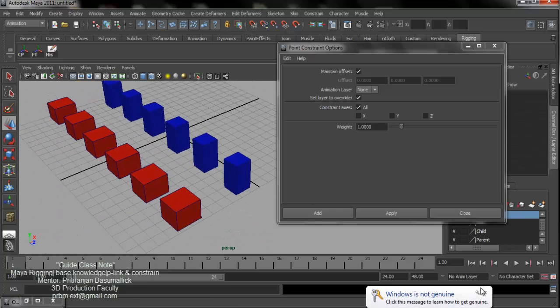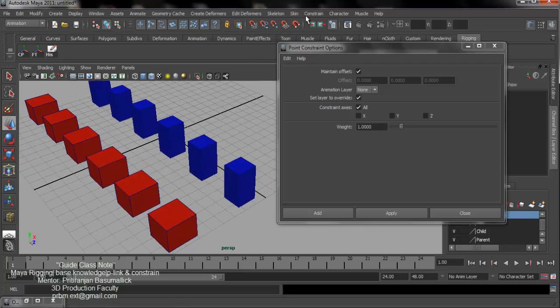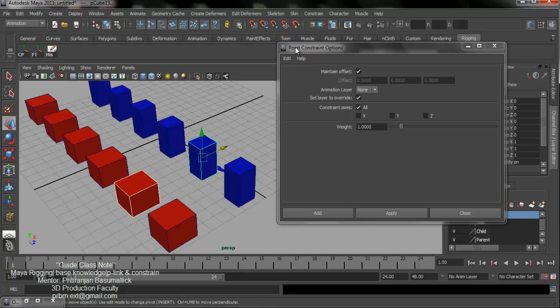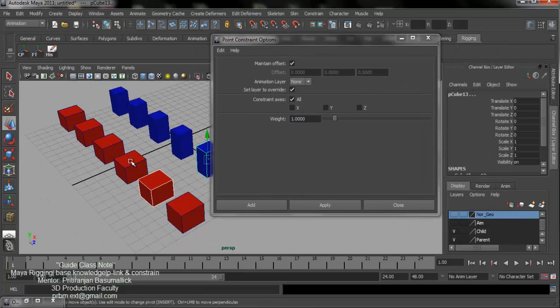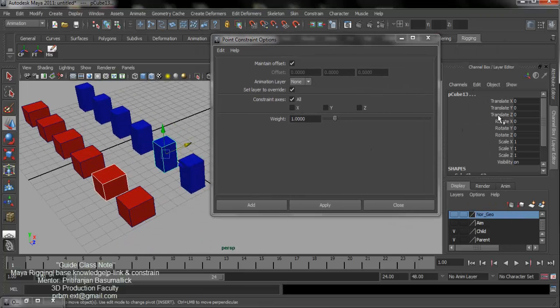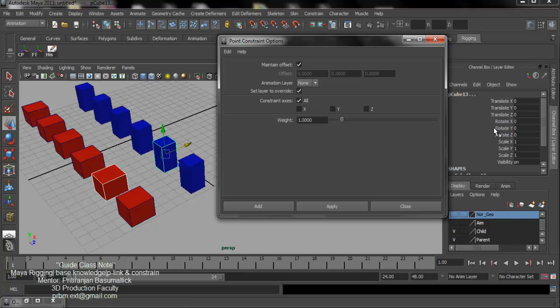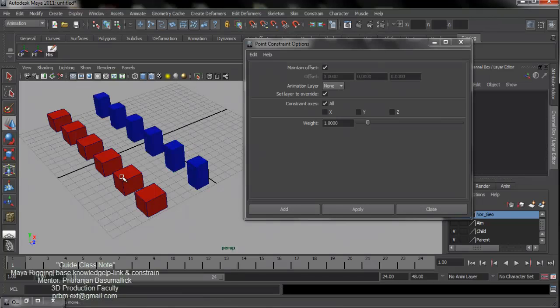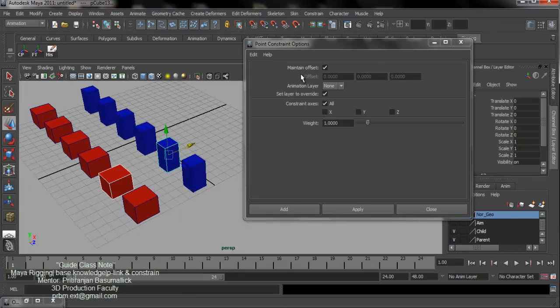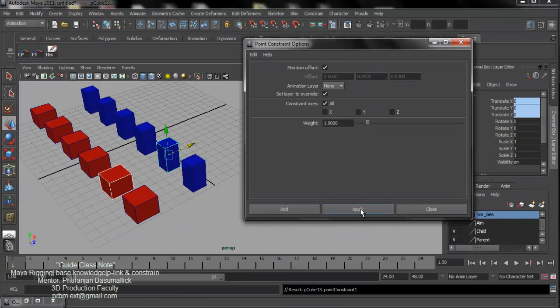So how do I use the constraint? First select the parent and then select the child, and the point constraint just builds a relationship with the three translates, translate x, translate y and translate z. It does not build any connection with rotation, scale or visibility. So see, first select the parent, then select the child and hit apply.